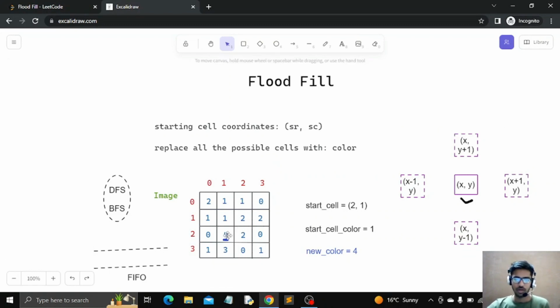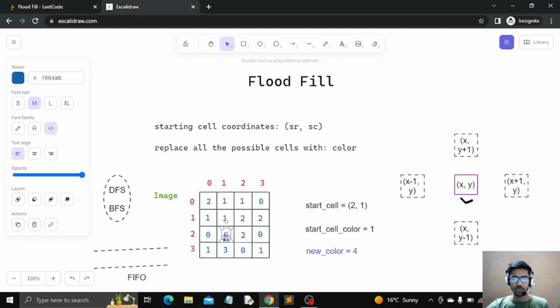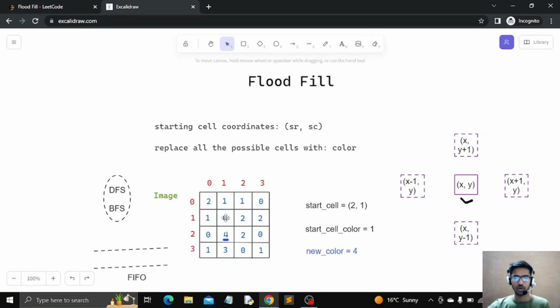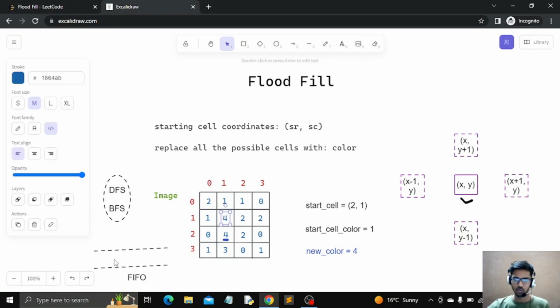So after that, for this cell, as you can see that the only neighboring cell which has color equal to the start color is this particular cell, which is having value 1. So we will change the color of this cell to 4, and we will push the coordinates of this particular cell in our queue, and all the other neighbors that are 4 directionally connected to this particular